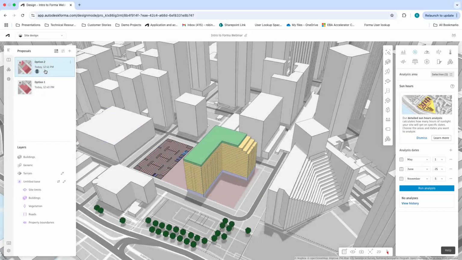So if we think about this in the workflow perspectives, I've just completed workflow 2 of designing early concepts for capacity studies. Now let's go ahead and analyze them. What are the impacts of both of these design options? And what are the trade-offs of each? And that introduces us to our suite of analyses, our little icons on the top right hand